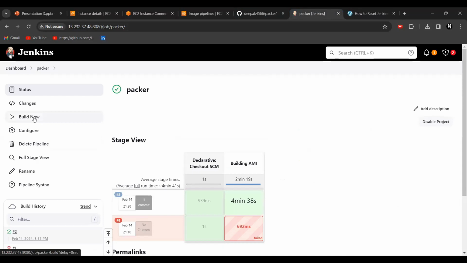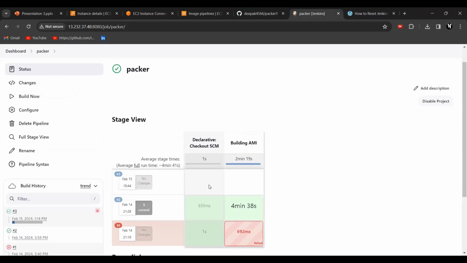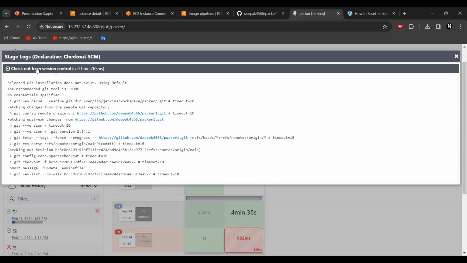Yes. Okay. Let's see. Let's build it. Okay, let's see this console, what all it's doing. My internet is very slow, don't know why today.